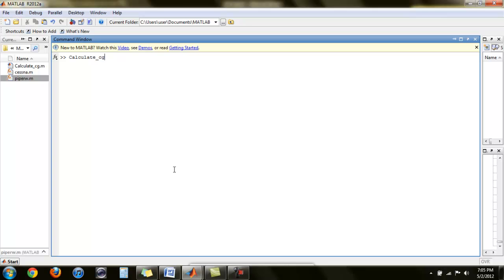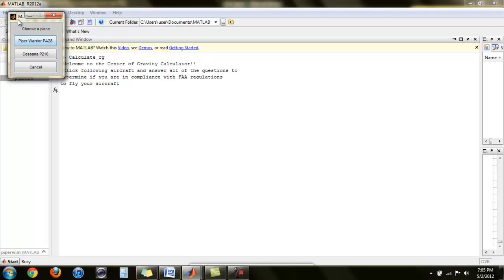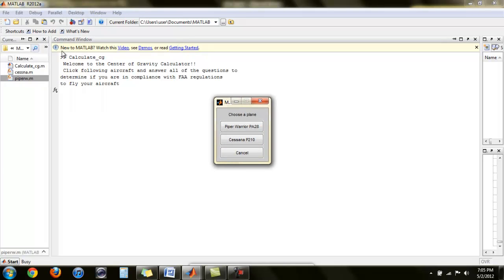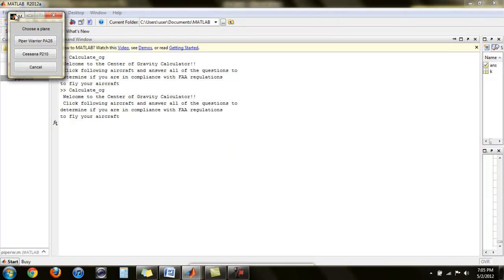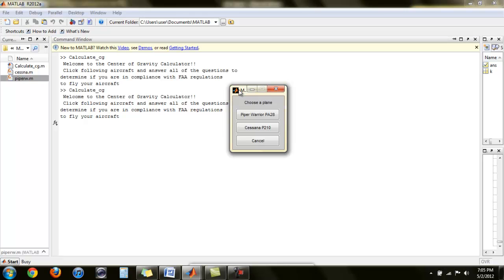Calculate CG. And what will happen when you click is you will get a menu that, first of all, welcomes you to the center of gravity calculator and tells you to make sure to select an aircraft and make sure that the values you get are within compliance of FAA regulations and the manufacturer's regulations. I'll show you that the cancel button works, so that goes away. So let's run it one more time, and I will first show you an example of a good